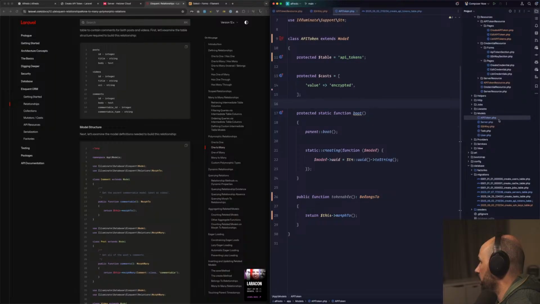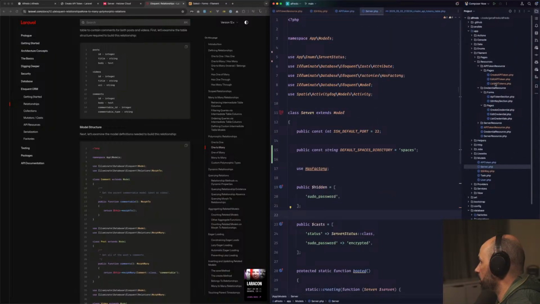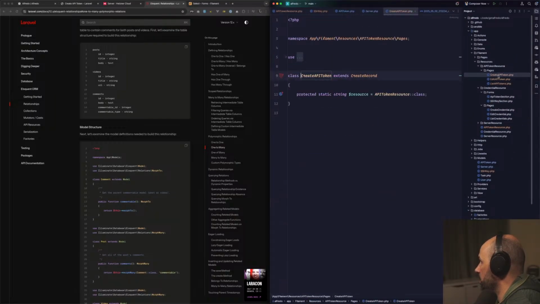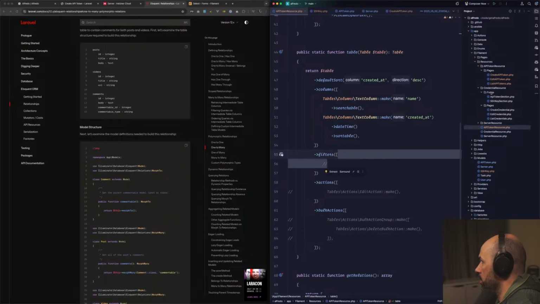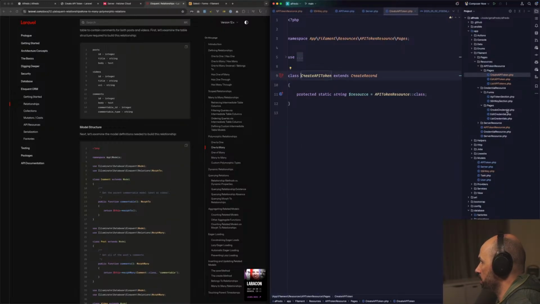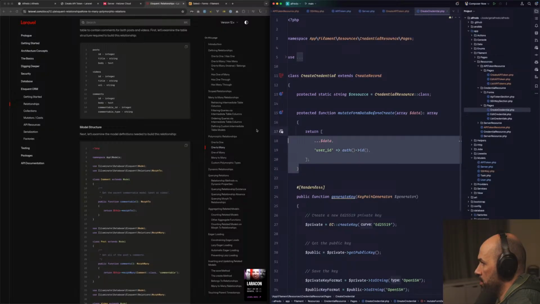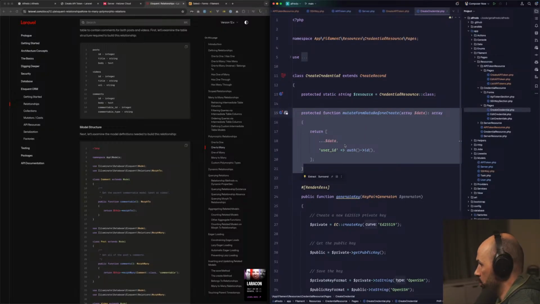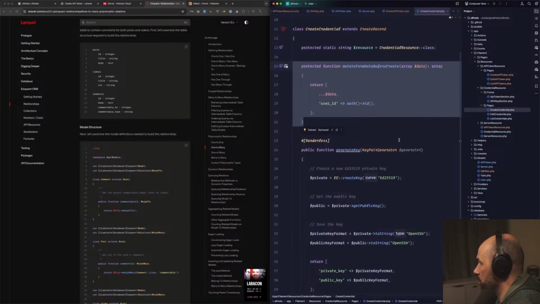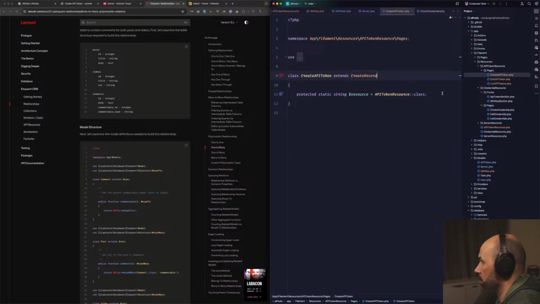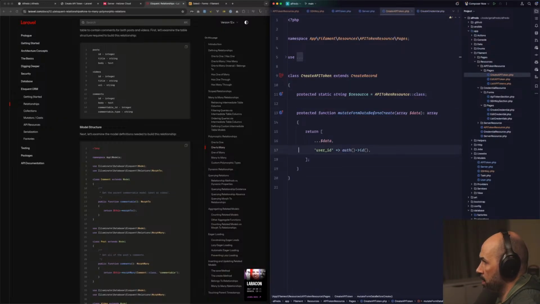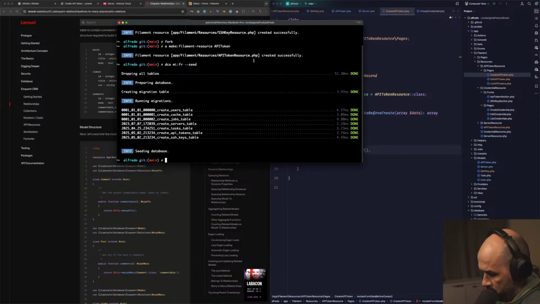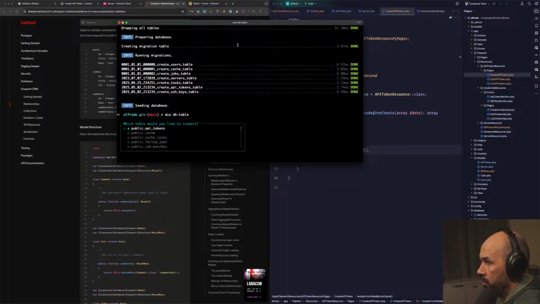What we can do on the API token, on the create API token, same as here. What we're gonna do is, so the table, db table, whoops, no,